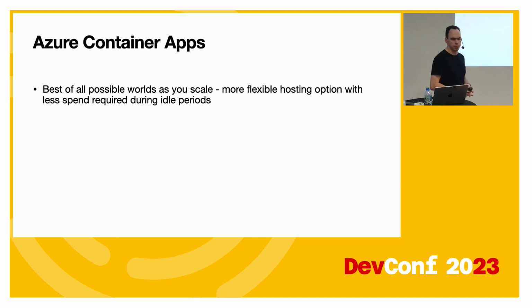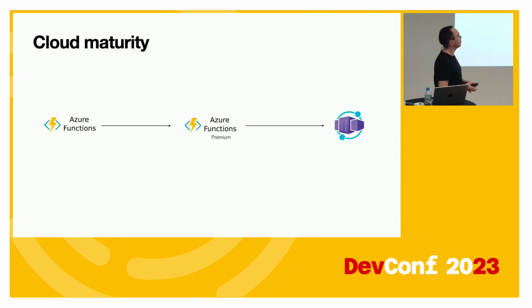So it's kind of the best of all worlds. Cloud maturity is not exactly a good way of putting it necessarily, but it's sort of the natural stepping stone. And it's important when we talk about background processes because Azure Functions can be used, and are often used, to run background processes. But as consumption goes up, as your needs change, maybe execution time becomes really critical. You may want to move towards premium or even Azure Container Apps